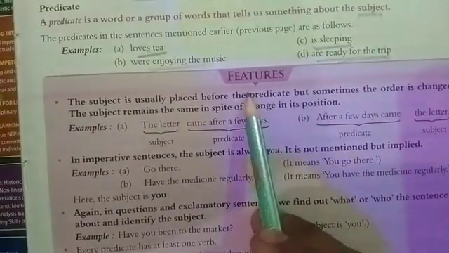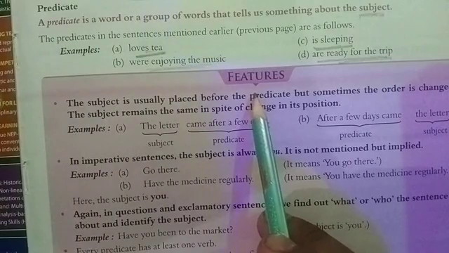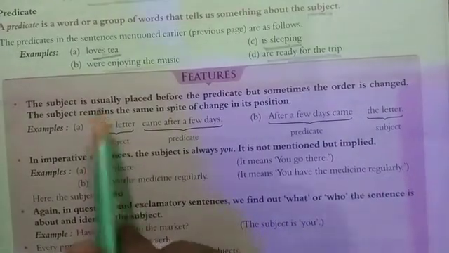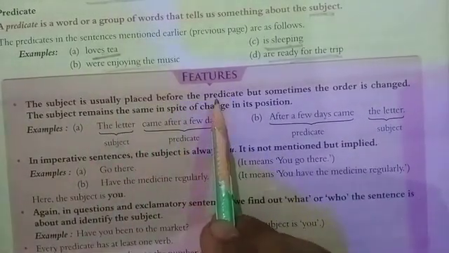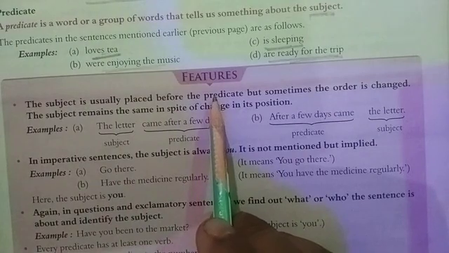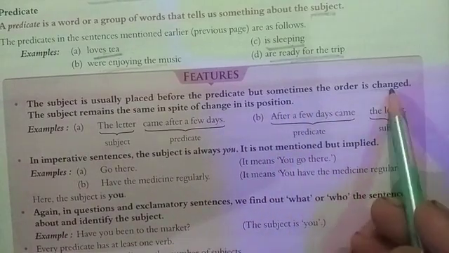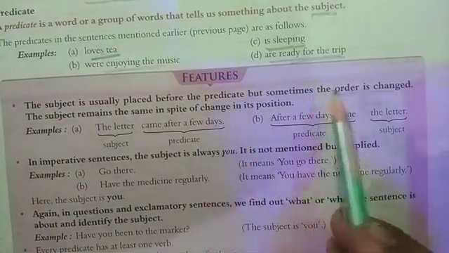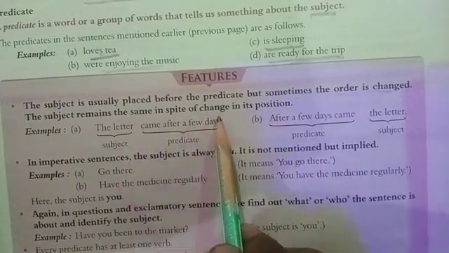Now some salient features of subject and predicate are given. Let us check here. The subject is usually placed before the predicate. This generally happens, that we take the subject before the predicate, but sometimes the order is changed. Sometimes after the predicate also we can see the subject. The subject remains the same in spite of the change of the